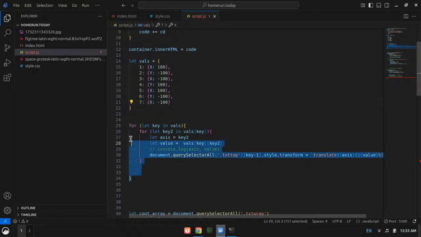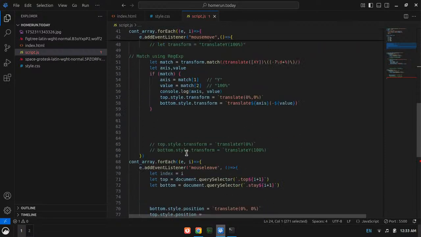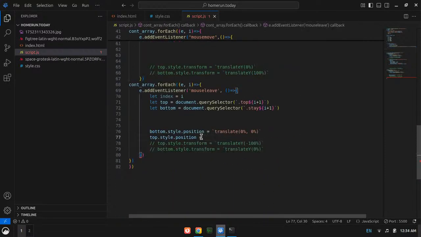I need this for loop again, right? Okay, so just copy it and paste it here.